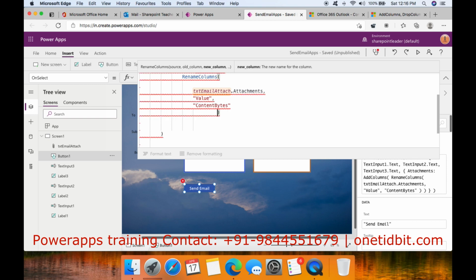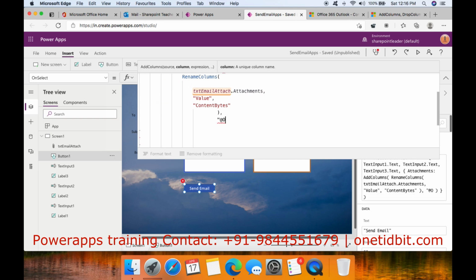Now these three values are done for the RenameColumns, and outside of this RenameColumns we need to write a comma first, and write @odata.type.